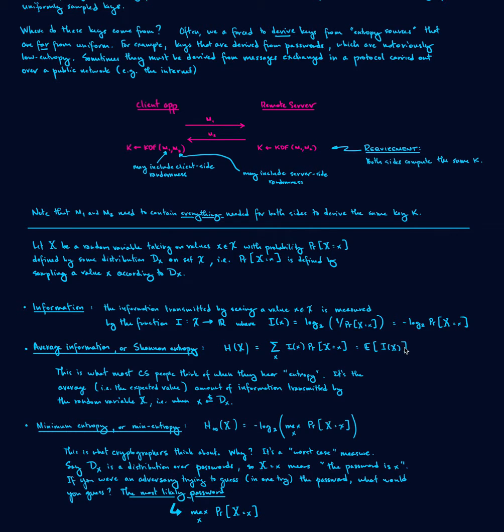And that's all well and good, except in cryptography, we're not often interested in averages. And in particular, in cryptography, we focus on another kind of entropy, which is called the minimum entropy, or the min entropy of the random variable. And before I talk about the definition of it, let me give you some intuition for it. Imagine that you are an